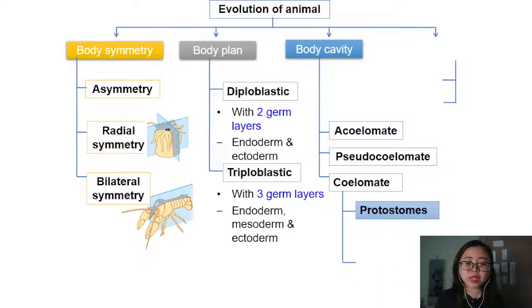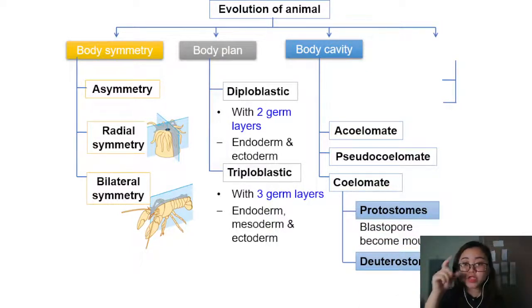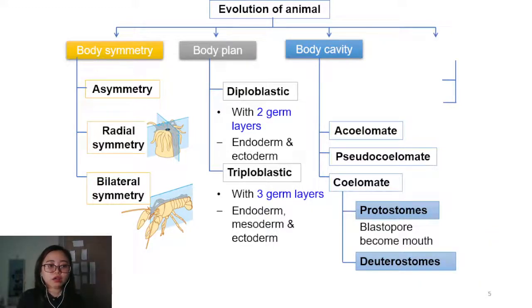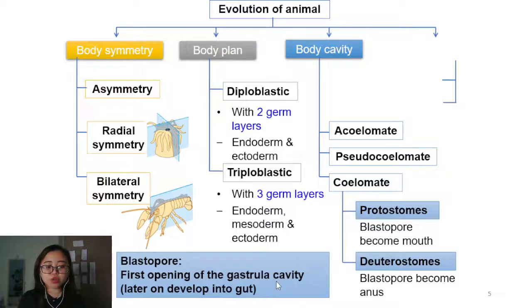If it is coelomate, it can be divided into protostomes or deuterostomes. Protostomes are organisms where the blastopore, the first hole that forms in embryonic development, becomes the mouth of the organism. If the first hole of that embryo becomes the anus of the organism, then that organism is classified as a deuterostome. The blastopore is the first opening of the gastrula cavity and that will later develop into the gut